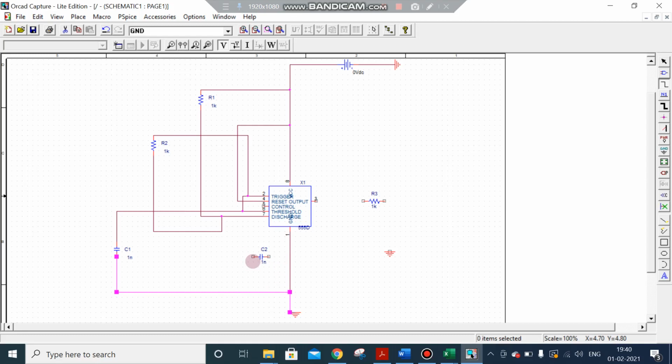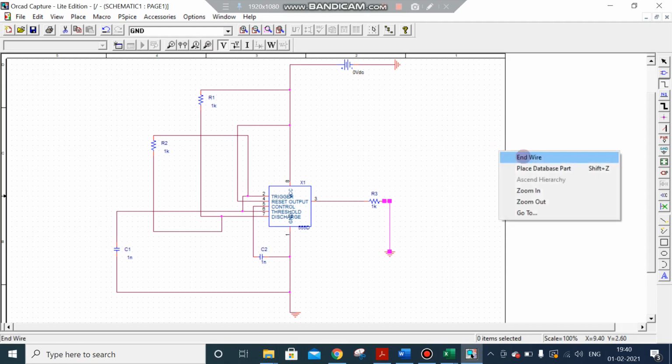Then another capacitor should be connected between fifth pin and ground. Then this resistor. Now all connections are over.